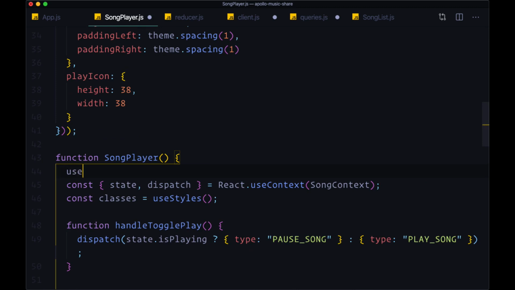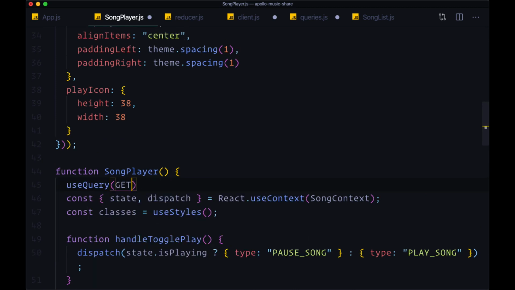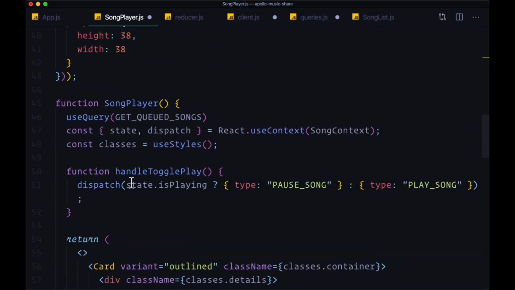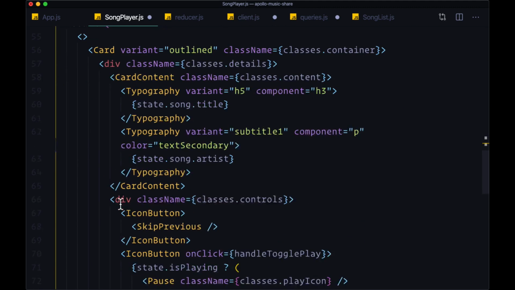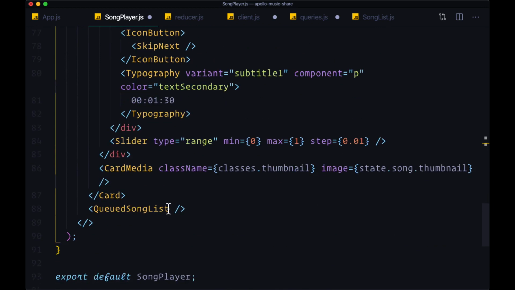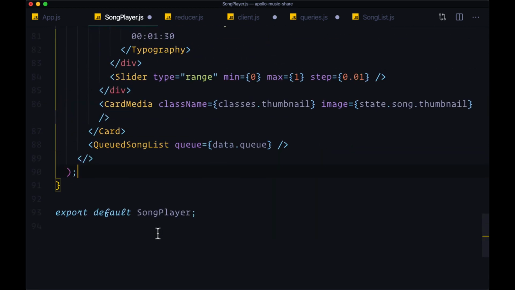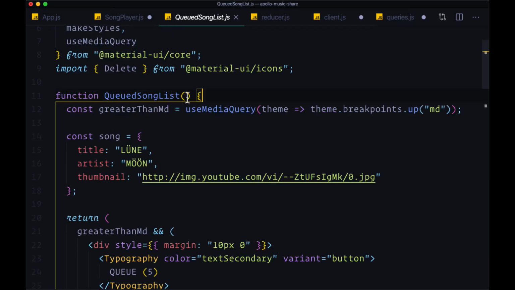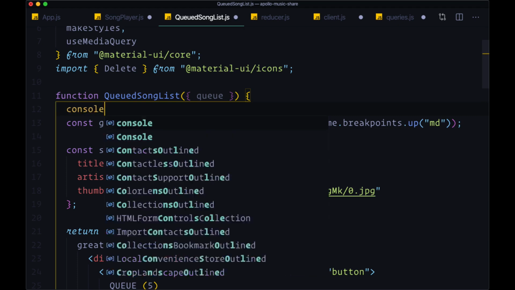So up at the top we'll bring in useQuery, bring in getQueuedSongs, and then we'll get back our familiar object: data, loading, and error. But generally speaking, we really only need data. We shouldn't really ever have any problems getting our data immediately when performing a local query, a client query. So let's pass that data down to queued song list. We'll create a prop called queue and pass down data.queue. And then within queued song list, we can destructure that queue. And right now, let's just console log